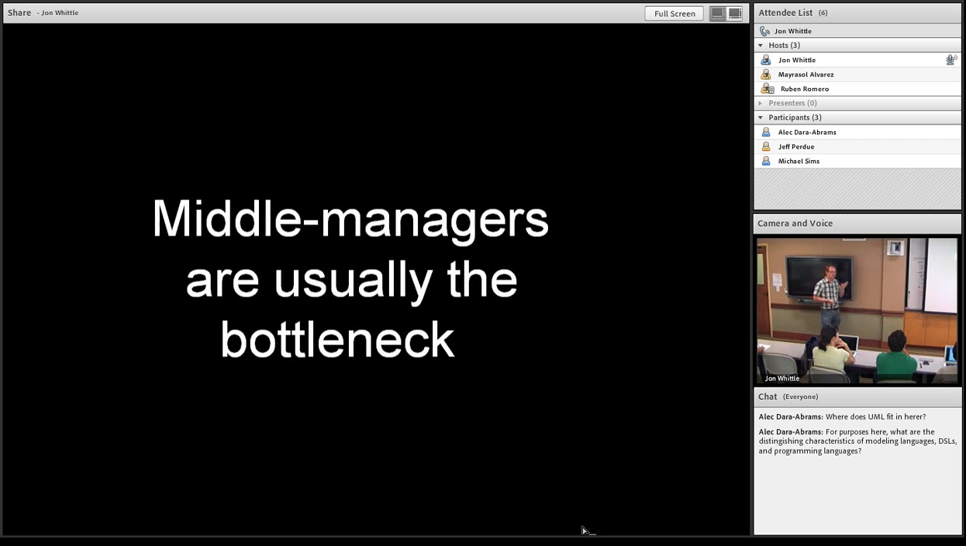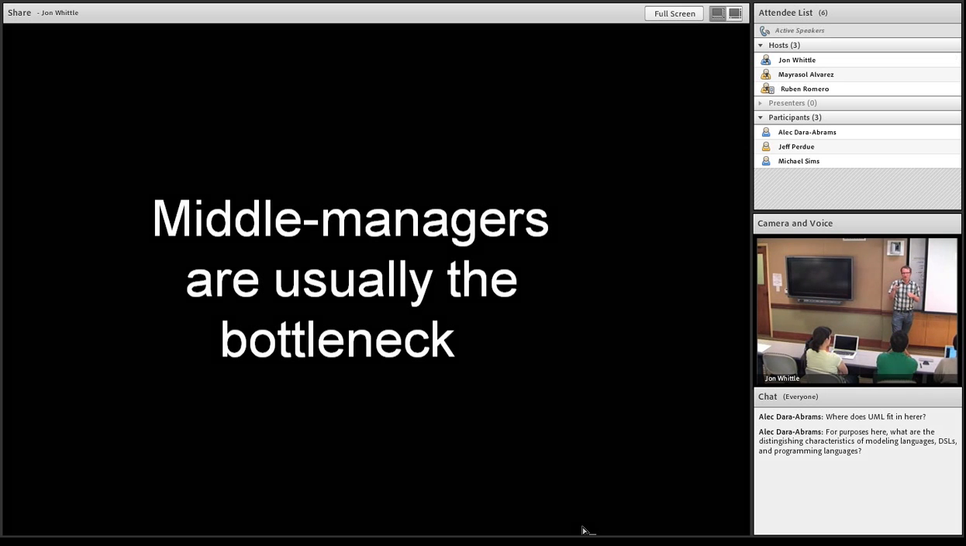Middle managers are usually the bottleneck. This is no big surprise. If you're going to introduce model-driven development, you need at least two things. You need a champion, someone who's going to really push for this technology. You also need the developers on the ground to be in favor of it. But even if you've got all of that, you could still run into problems in that kind of middle